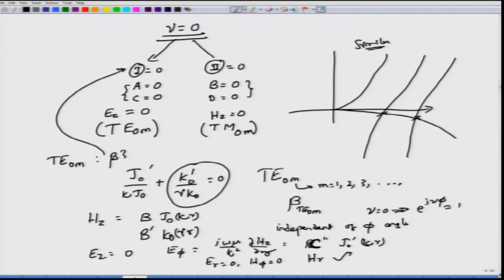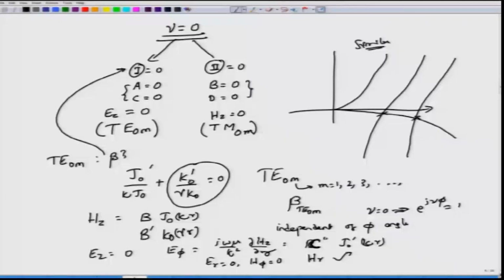It is this Hr and E phi, so phi cross r, which would essentially go in the z direction. Positive or negative z depends on the amplitude, actually it would be positive z only. So, this E phi cross Hr will be the power density, which would be pointing in the z direction. So, in the nu equal to 0 case, we have seen that the solutions can be divided into TE and TM,